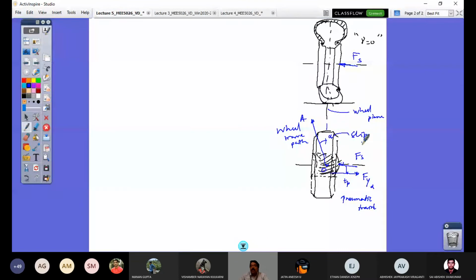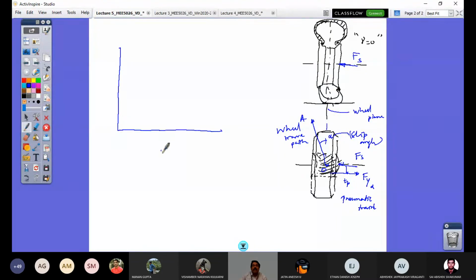So all this is happening mainly because of the lateral elasticity property of the tire, which is offered by this pneumatic tire. That's why they are popular and used in automotive applications on road vehicles. Now what you have to understand here is this force Fy alpha developed. How does it vary with the slip angle?